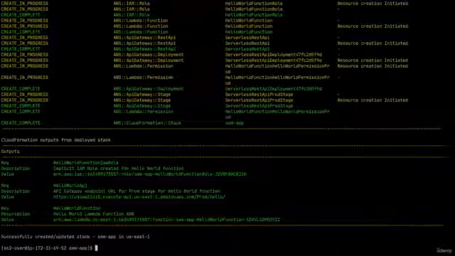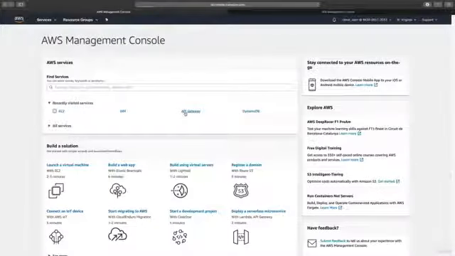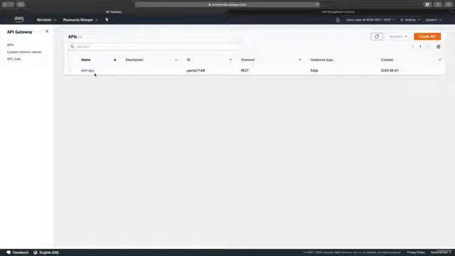Okay, so it's all done, and you can see in the output section the IAM role created for our Lambda function, the API Gateway endpoint URL, which we can use to invoke our Lambda function, and the function's ARN itself. Now before we execute this, I want to switch over to the AWS Management Console and walk through everything that was created for us. So let's go to API Gateway, and you can see it created one API here,